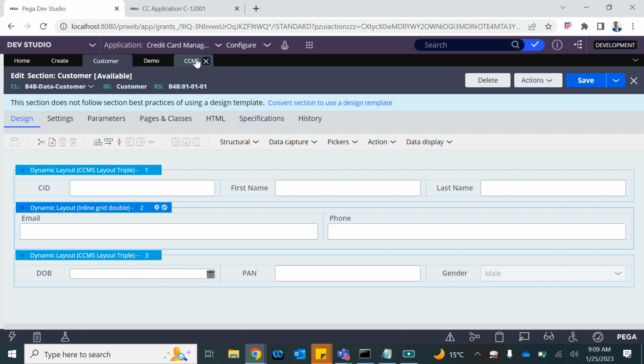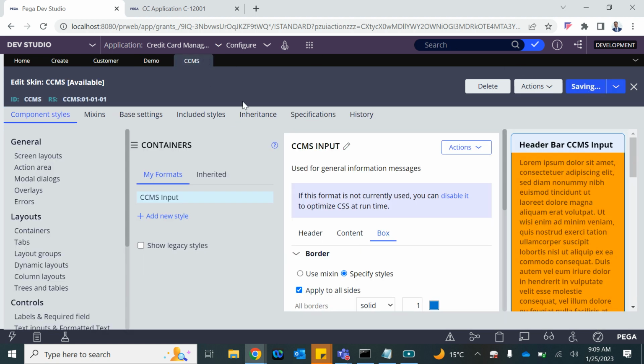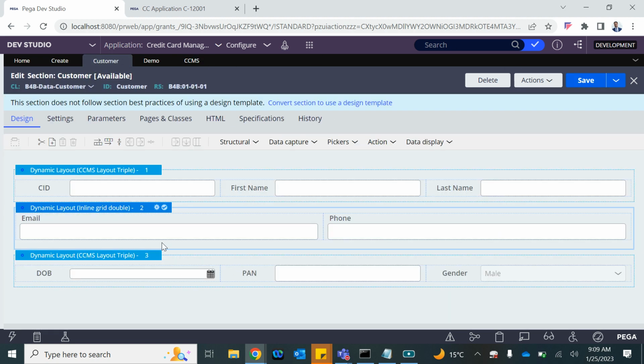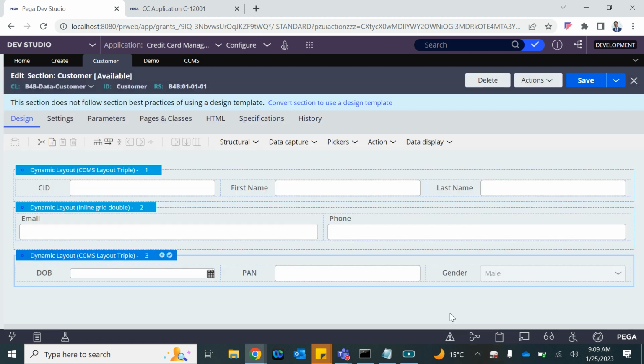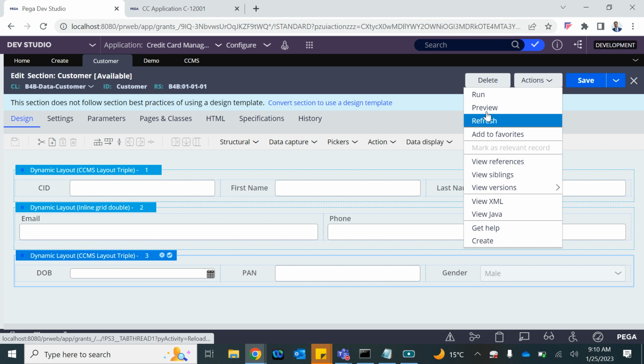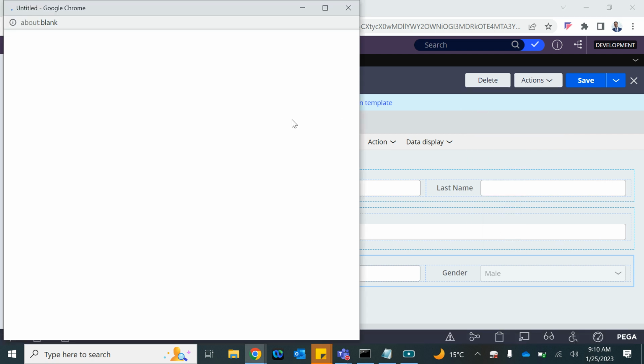Did I save the skin? Save it. Okay, so when you demo it, preview it,